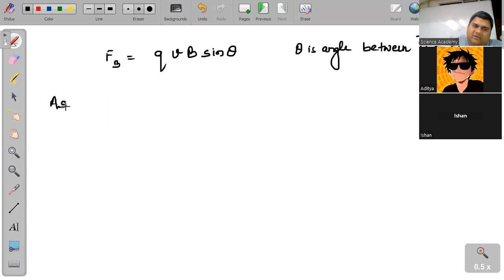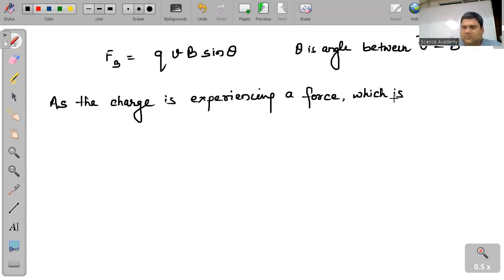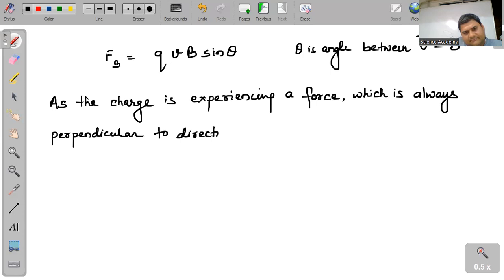Here, the next point we need to know is: as the charge is experiencing a force which is always perpendicular to the direction of motion of the charge,